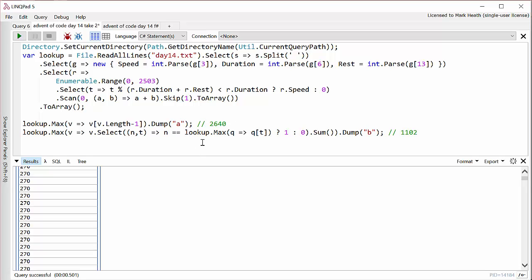Well, the second part, basically, what Santa does is at the end of every second he sees which reindeer is in the lead and he gives that reindeer a point. And if they're tied, each of the ones in the lead gets a point. So